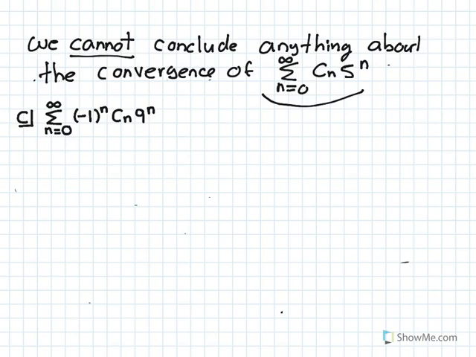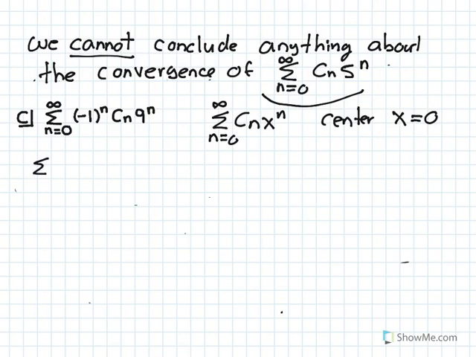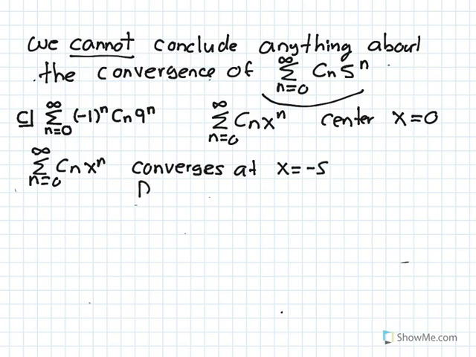Here we have the summation n equals 0 to infinity of -1 to the power of n times c sub n times 9 to the power of n. Now let's look at the center of this power series. So we have the summation of c sub n x to the power of n, n equals 0 to infinity. The center is clearly x equals 0. We know that this series converges at x equals -5, at the left endpoint. But it diverges